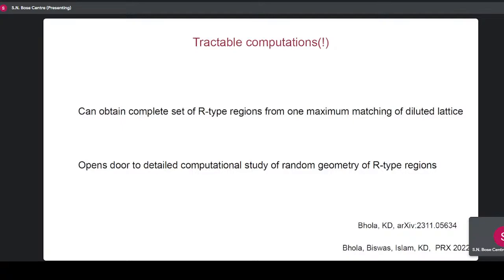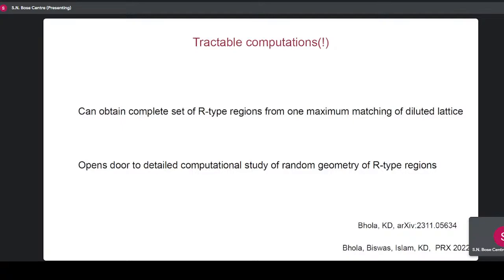So that's the trivial case. The point we're making is that this generalizes in a very natural way to these arrays. So are you taking those into account? Yeah, so those are trivial arrays. A single isolated site is a trivial array. But if your single isolated site is inside that R region, then it's a different array. There can be R regions inside R regions, right? So it's not that straightforward.